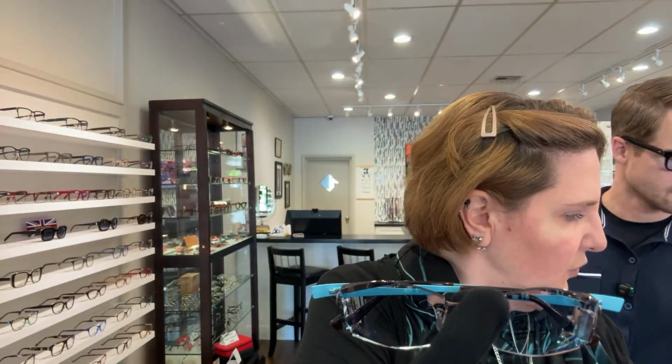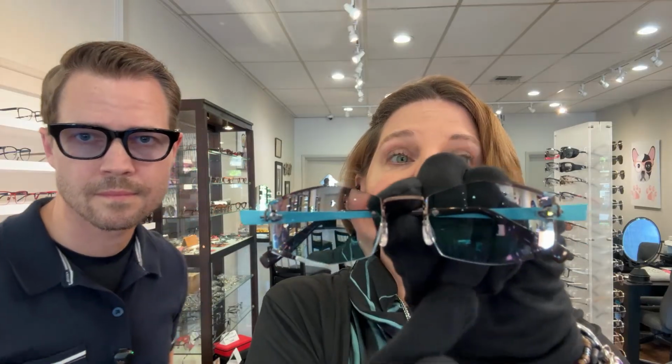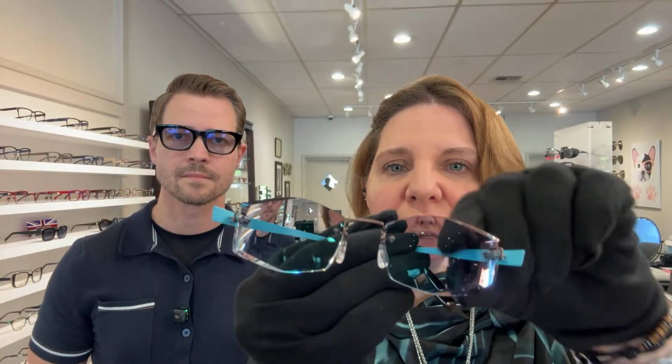One thing that a facet can do is it can take a lens that is substantially thick, and from the front make it appear that it is not. So this particular client has an enormous amount of high power minus. So we're looking at a -8 lens. From the front, you are not going to see that. That facet completely hides that. So if you are an individual who has a higher power and you are really considering a drill rimless, a facet might be a way to go. And this is what it looks like, because there is...